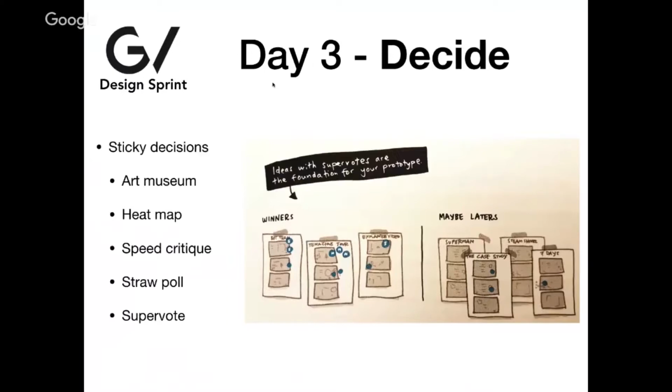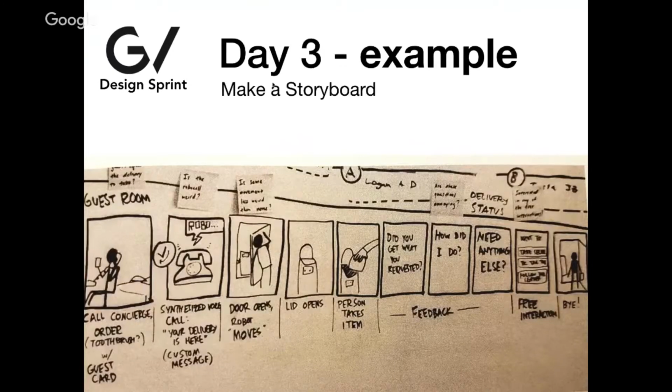It's everyone working actually separately, just working on the same issue. So in the end of the day, we will have up to 3 selected ideas, and those will be then used. Here you can see the next part on this day. From those selected ideas, we will create something called storyboard. So it's 5 up to, let's say, 15 frames. And in those frames, we do the whole process, which will be prototyped and tested. So here with the robot, we start with a customer calling to reception asking for a toothbrush, and in the end, robot delivers a toothbrush and customer is happy.